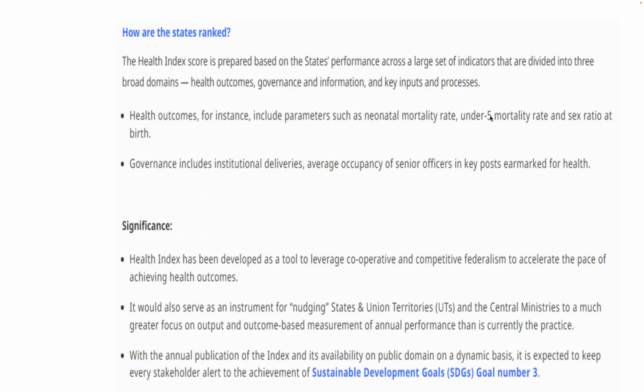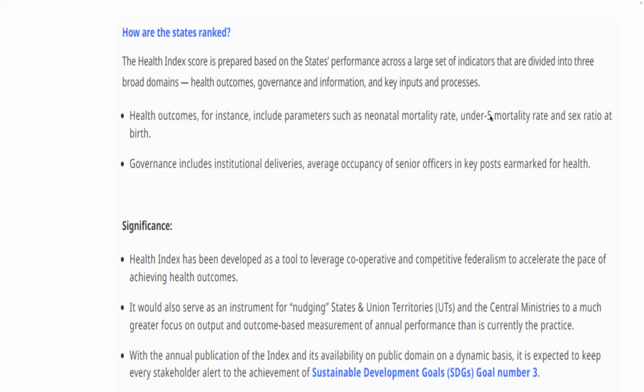Governance model in the sense of how well our authorities are equipped in terms of data, human resources, infrastructure, and resources, and how well they are utilizing those resources, how they are effectively using them, so that they can effectively administer the task which has been given to them. So that is the governance model, and it includes institutional deliveries, average occupancy of senior officers in key posts,